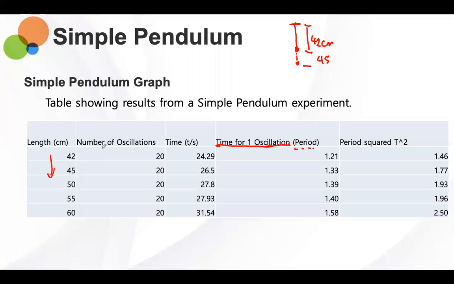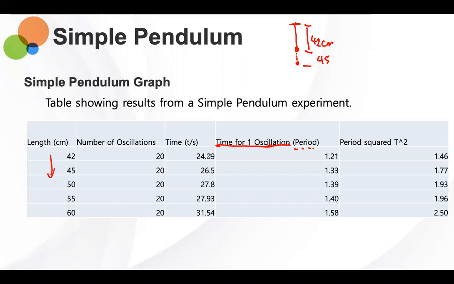45, she did 20 oscillations. I'll show you something in a few seconds. She did 20 oscillations, and she realized that as she increased the length, the time it takes to complete the oscillations increased. So the time to complete 20 oscillations at 42 centimeters,